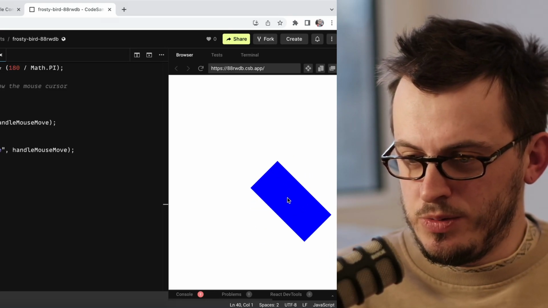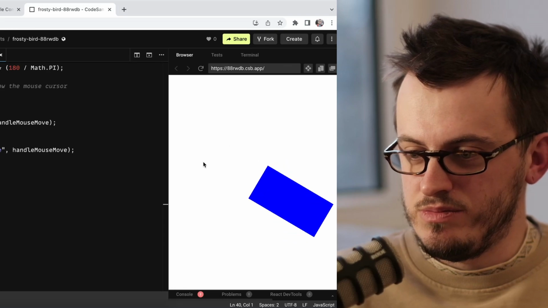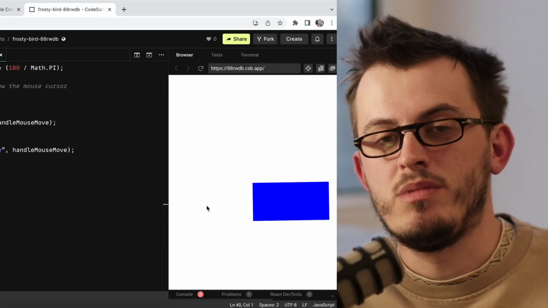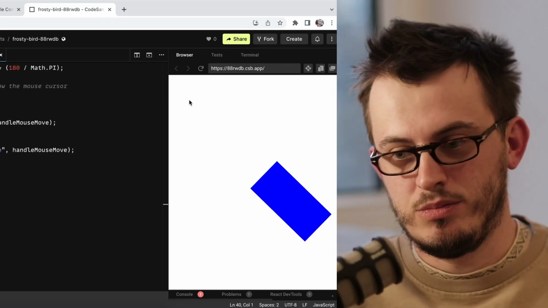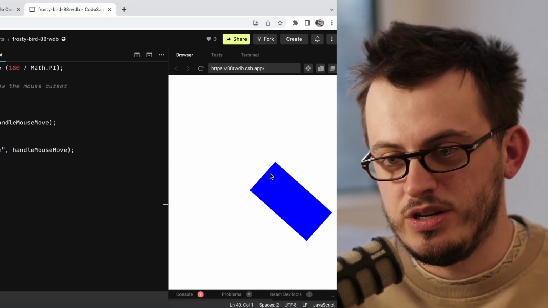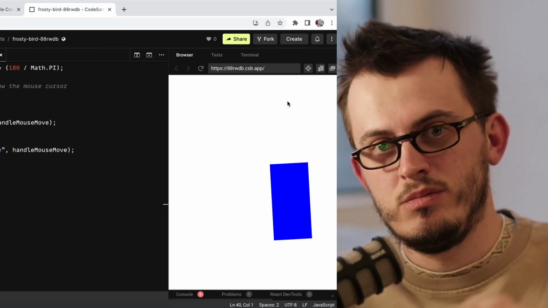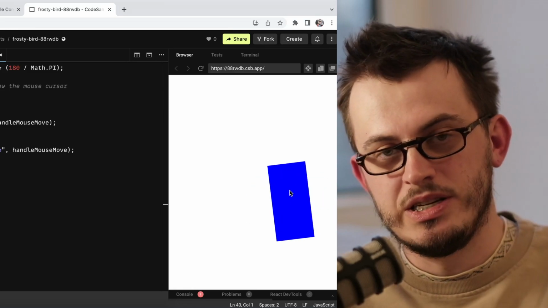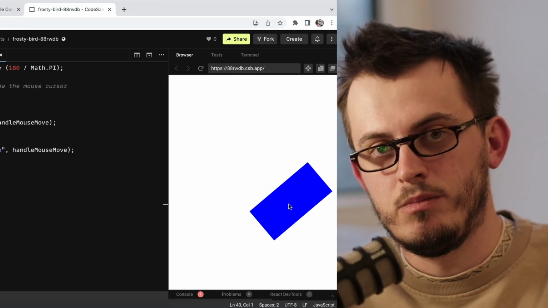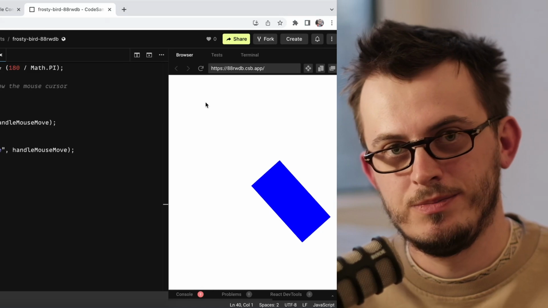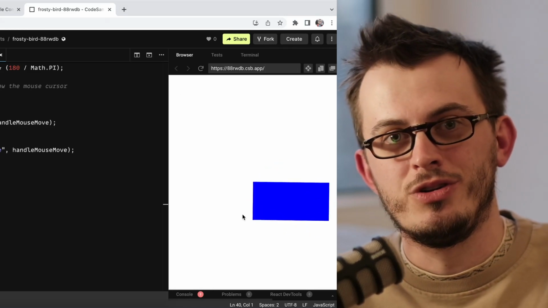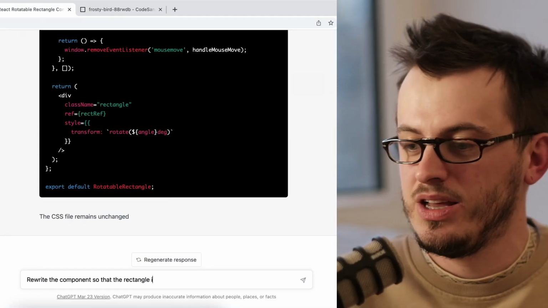Okay, what we want to do now is, right now when I'm moving the mouse, it's always rotating the block. What I want to do is only rotate the block when I'm pressing down the mouse and then moving the mouse, right? Because we don't want the rotation to be always active.